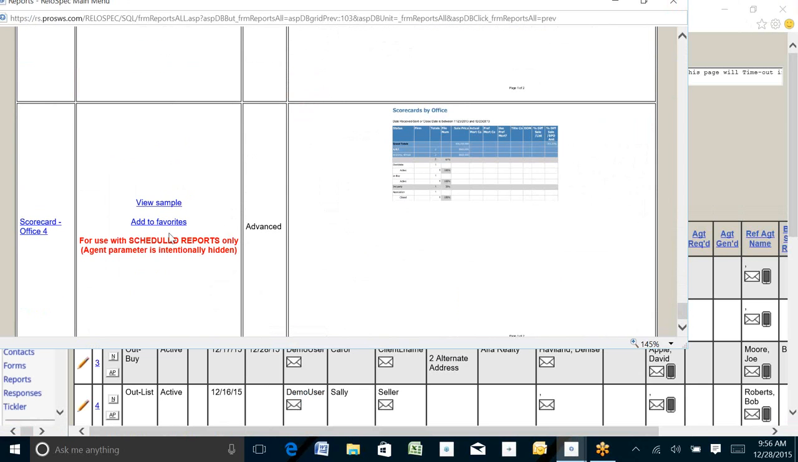Now, going through these reports, you're going to see some of these have this red wording. You can't look at those reports. They're basically copies of other reports that we have, but they're used just for the scheduled reports, which is another training tape. The scheduled reports, just so you'll know, is a way for you to set up and run a